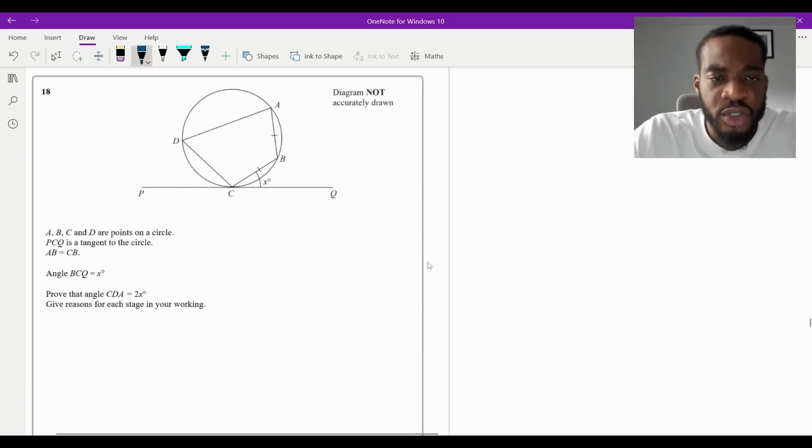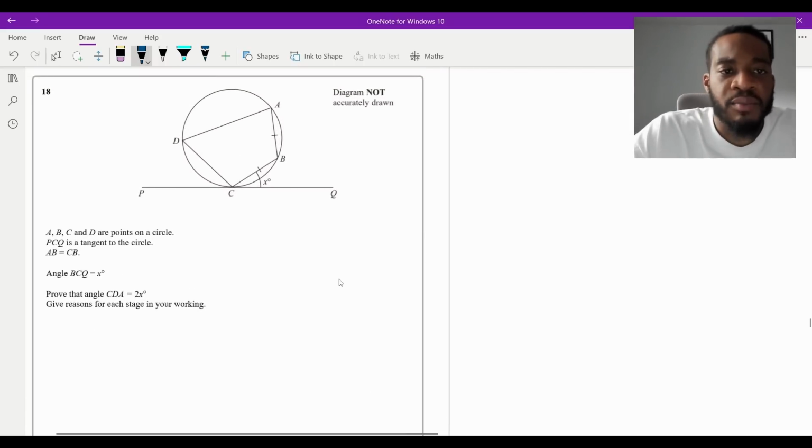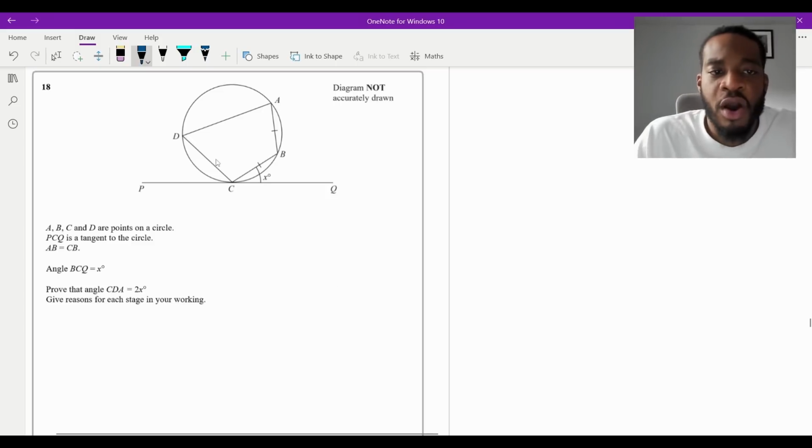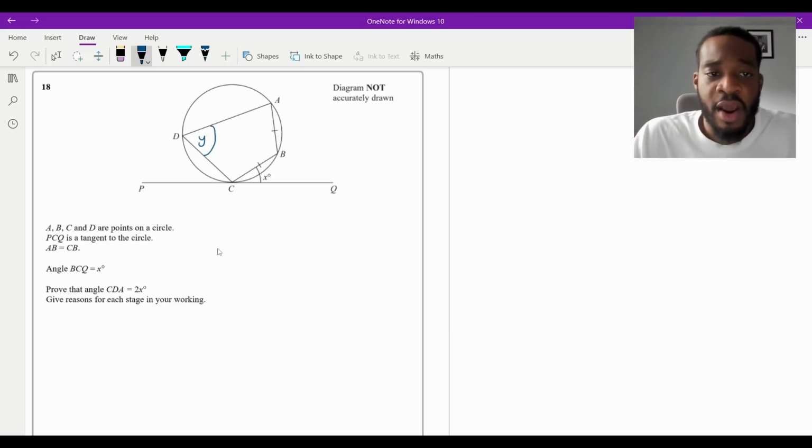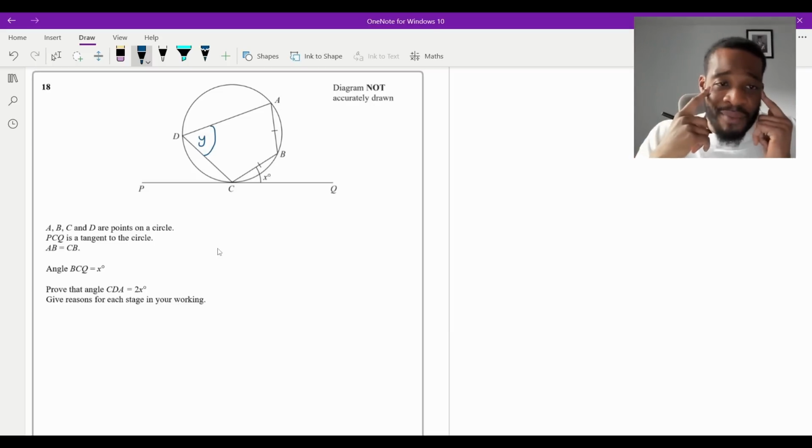Okay. So, firstly, let's mark the angle that they want us to prove. Now we can't call it 2x because that's what we need to prove. So I'm going to call it, for example, y. All right. Now, this is a circle theorem question. Whenever you see circle theorem questions, ask yourself, what circle theorems may be applicable here? Now, the first thing that comes to my mind is